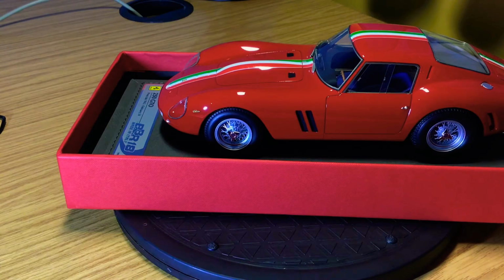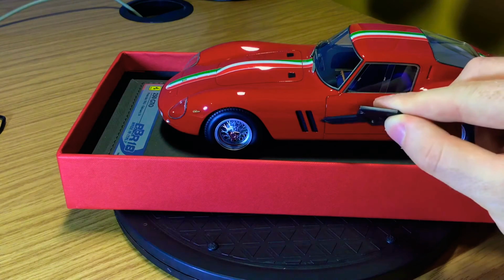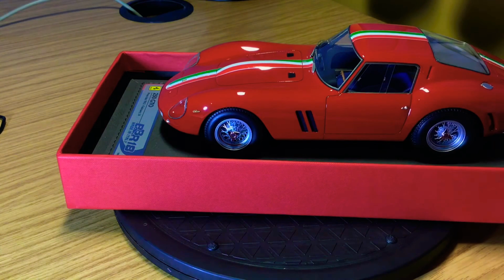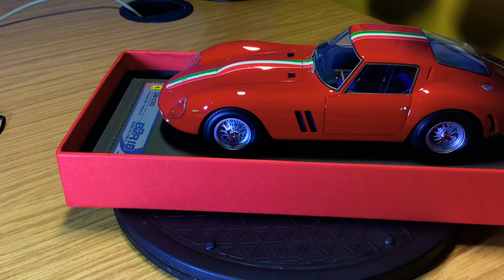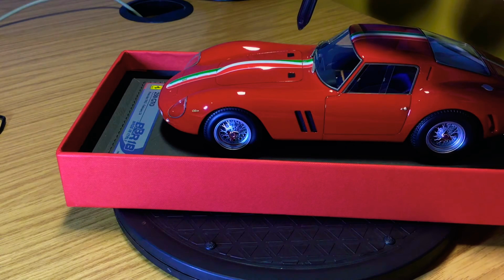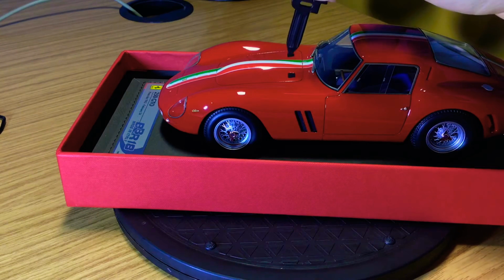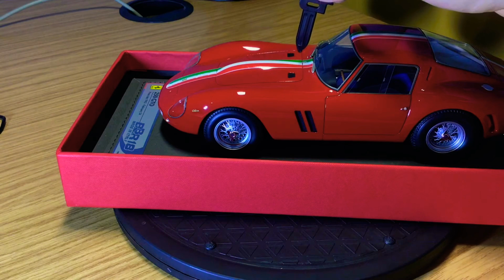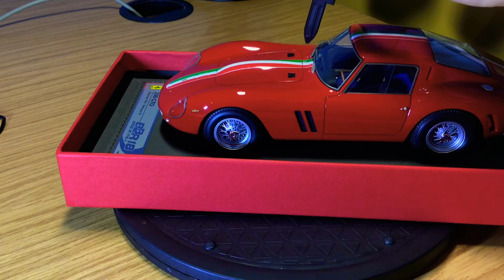You got the air intakes on the side. You've got the black mesh inside there, as you would expect from a BBR model. You've also got mesh on top of the engine bonnet here for cooling, really nice. And you've also got these clips here that hold down the engine bonnet to the main frame, which BBR have